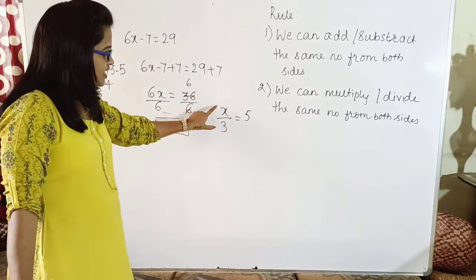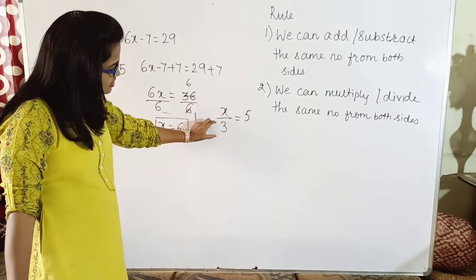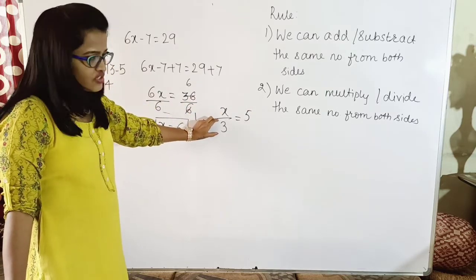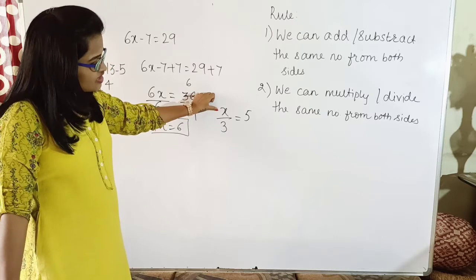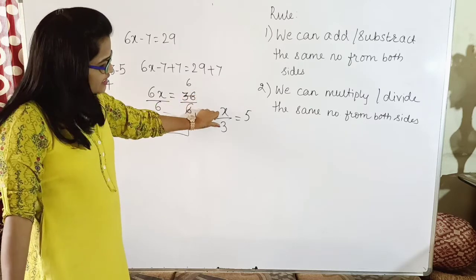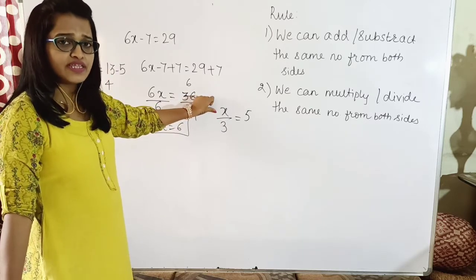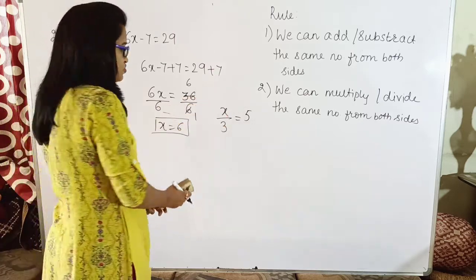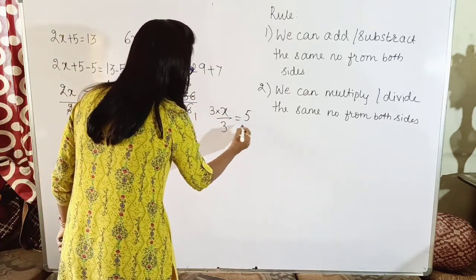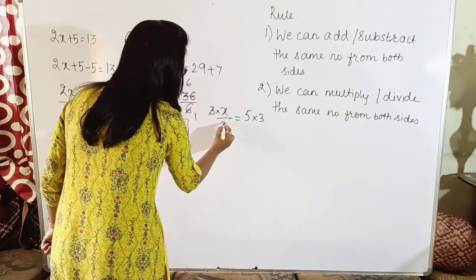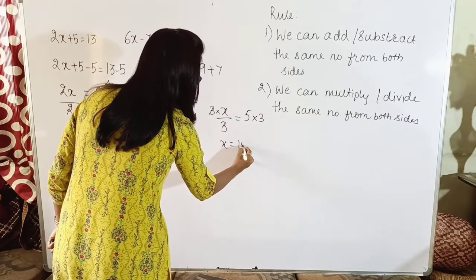Okay, now here I just want x on one side. I don't want this 3. So this 3 is in division. What if I multiply with 3 to LHS? Will they get cancelled? Yes. Can I just multiply the LHS? No, I have to multiply the RHS also. So it will be 3 into, and here also, which will give me x equal to 50.